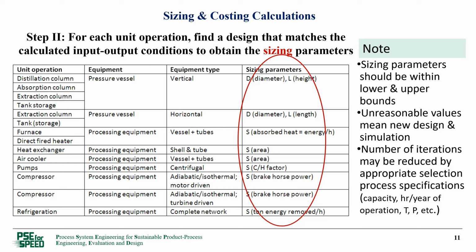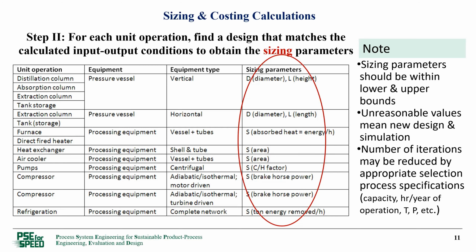But if it is smaller than the lower limit, does it represent a batch operation or is it a continuous operation? Because remember that if the flow rate is small, usually it's a batch operation. And if the flow rate is large, it is not a batch operation, but if it is very large, then